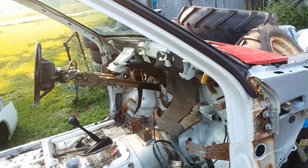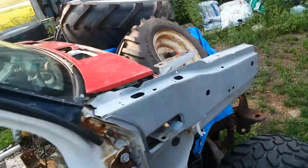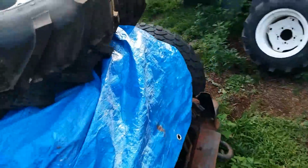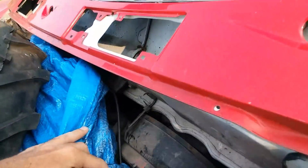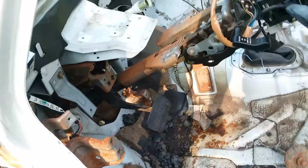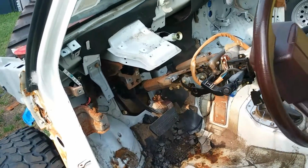I'm going to pull the steering. That should be really easy, and I do want to pull the booster, the brake booster here. I'm going to pull the brake booster off the firewall as well. It's just going to be the bolts holding it on with the brake pedal, and I'm not keeping this brake pedal, so I don't really care. Unbolt the brake pedal and the booster will come off, and then I'll put the booster on the new cab,